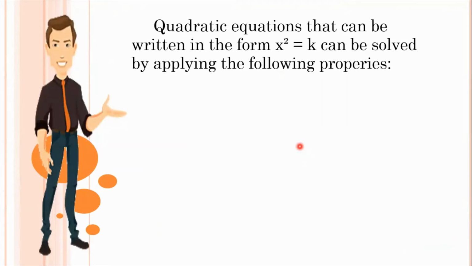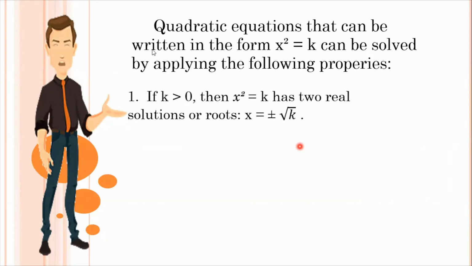Quadratic equations that can be written in the form x squared equals k can be solved by applying the following properties. The first is, if k is greater than 0, so that the number is positive, then x squared equals k has two real solutions or roots, so that x is equal to positive or negative